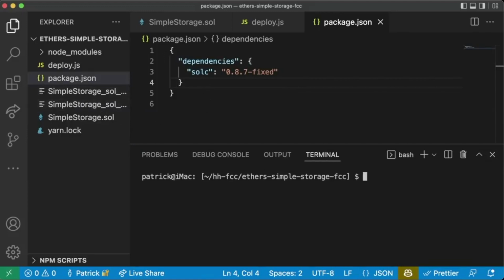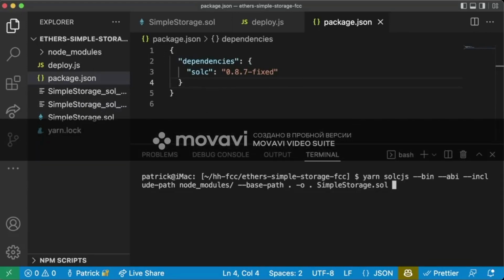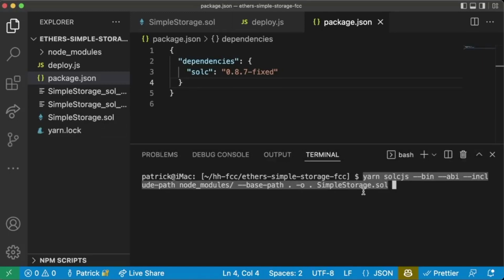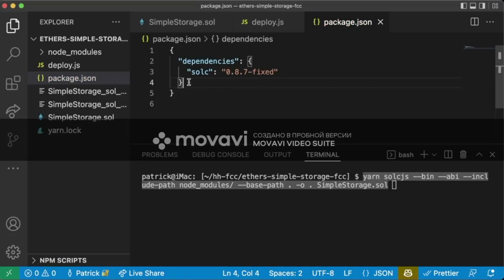Now, obviously, if you hit up on your keyboard, you can actually cycle through your most recent terminal commands. And if you hit up enough, we can see this command that we just ran. Typing this out or hitting up a whole bunch every single time is going to be really annoying to do anytime we want to recompile. So what we can do is we can add a scripts section in our package.json to shorten some yarn scripts for us. So what we'll do is back on our package.json, we'll add a comma and we'll add a section